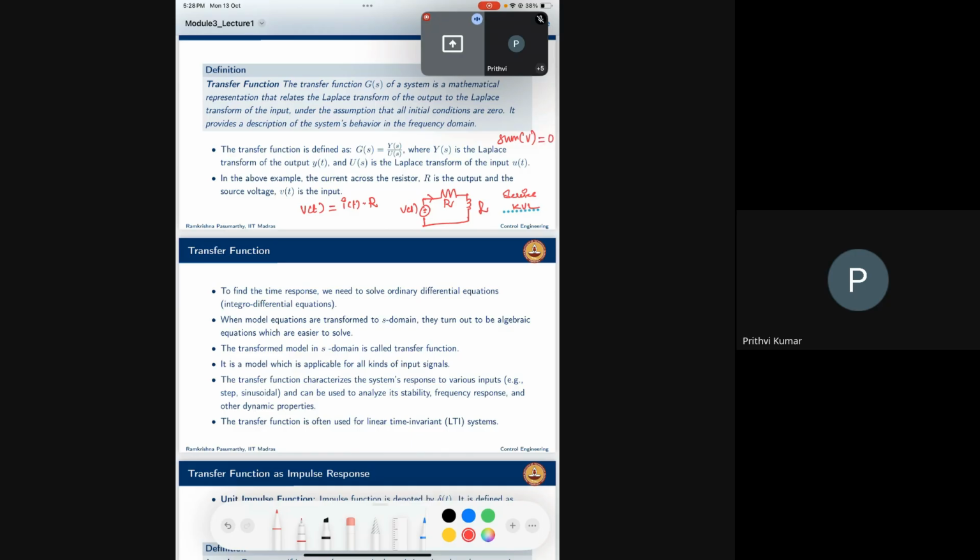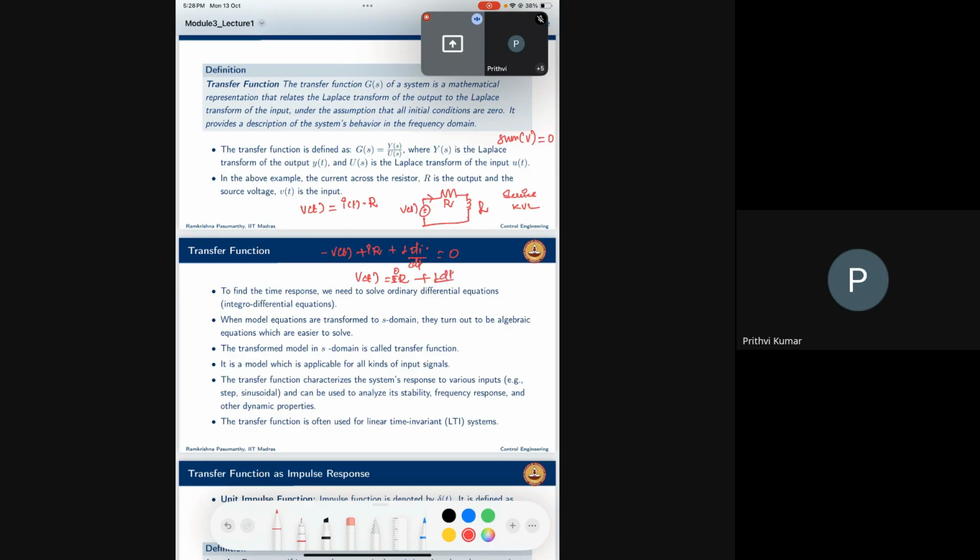Or we can also redefine it as: the sum of the voltages coming to a node and the sum of the voltages leaving from a node will be equal to 0. So when we write this, it becomes minus V of t plus IR plus L di by dt equal to 0. This will become V of t equal to I into R, so IR plus